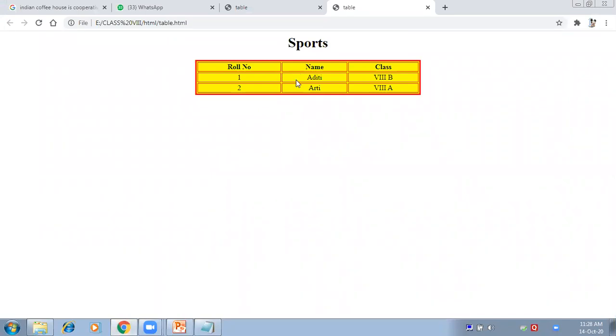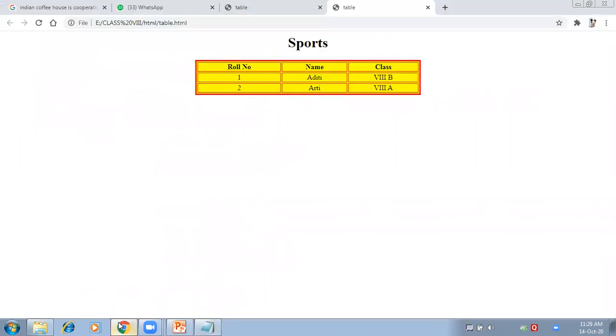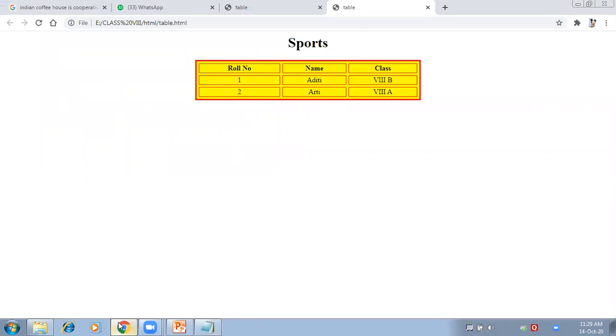The distance between the name of the student and the class cells will increase with the cell spacing attribute.